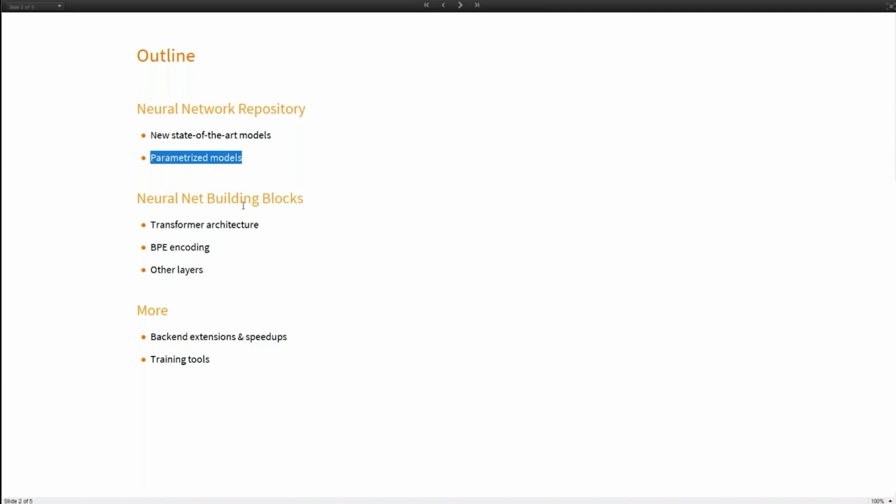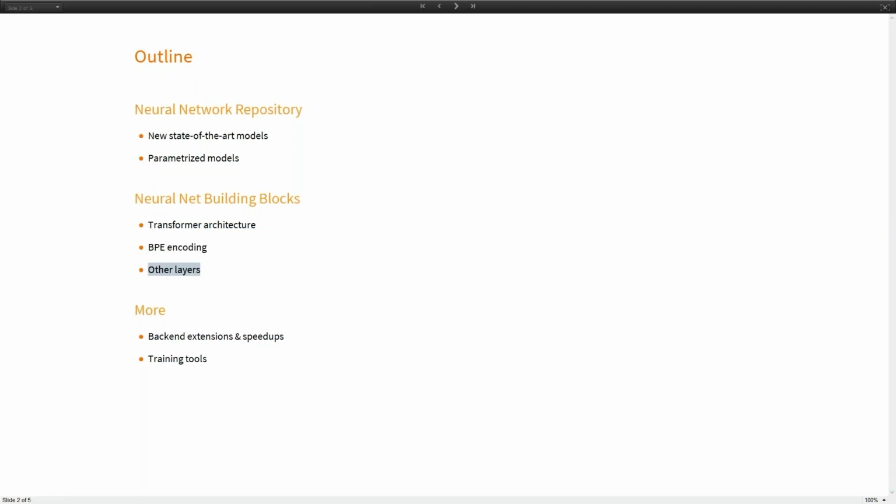Then I will move on to discussing the new building blocks, in particular focusing on the building blocks making the transformer architecture possible, BPE encoding, and then other layers. Last, I will present backend extensions and generic speedups and some useful training tools you can use to mainly debug training and monitor the training as it goes.